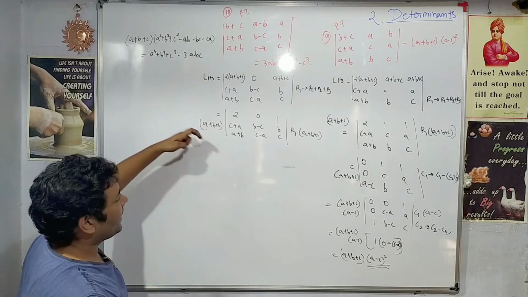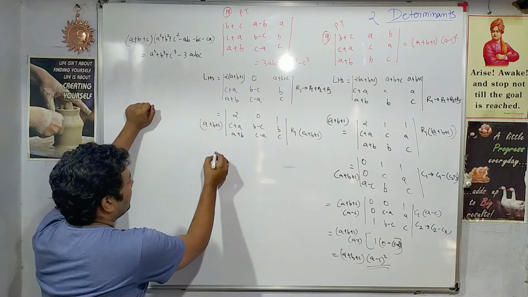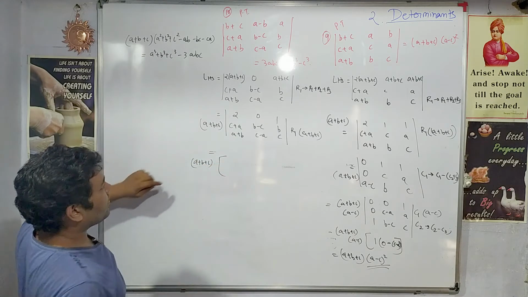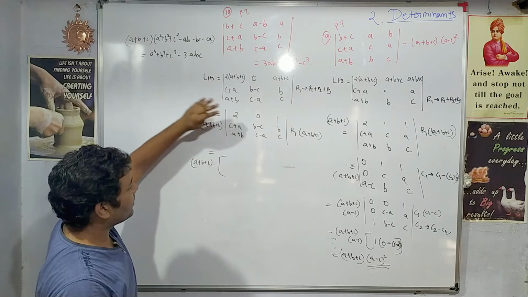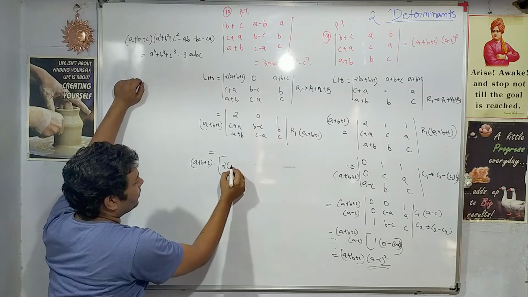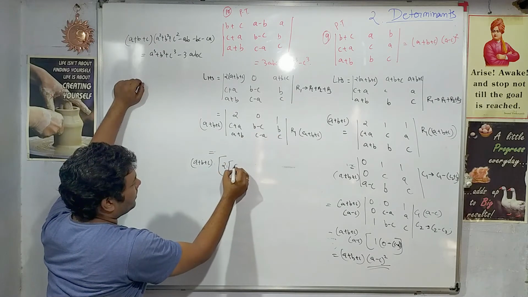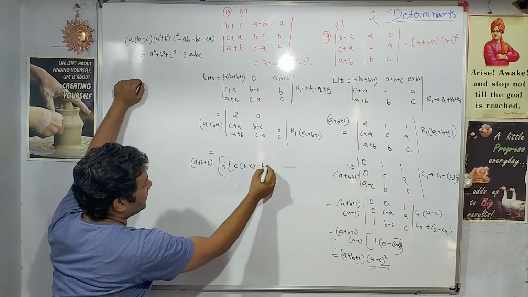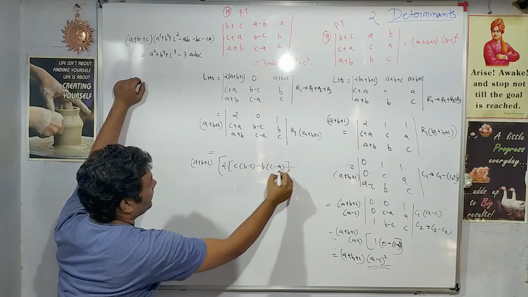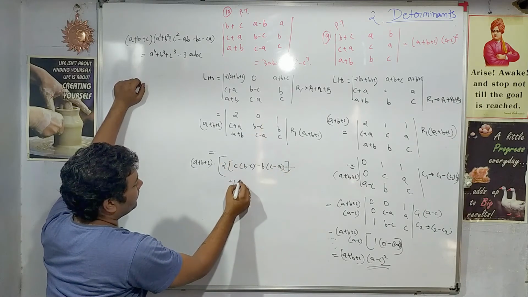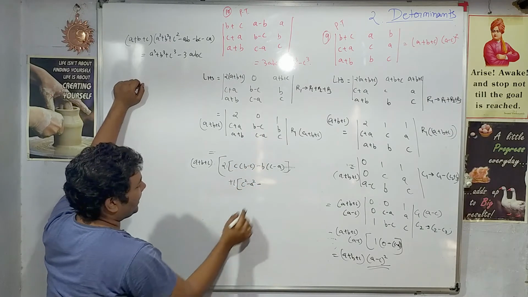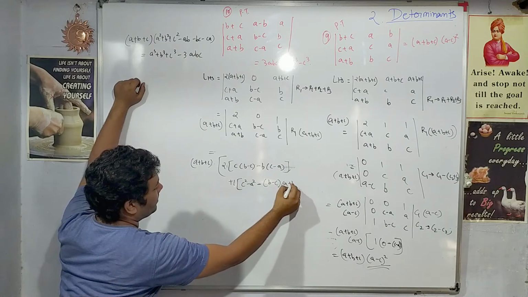since I am unable to find any operations, I will open up the determinant. Since I don't see any format or any operations working, I'll open up the determinant along the first row. So 2c into b minus c minus b into c minus a. So this is it. Then 0, then plus 1 into c minus a, c plus a. This will make c square minus a square minus b minus c, a plus b.